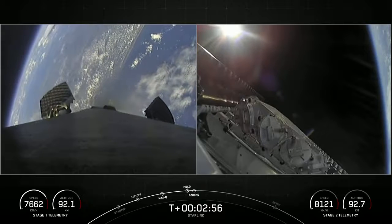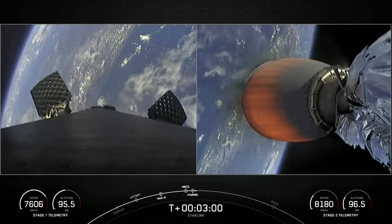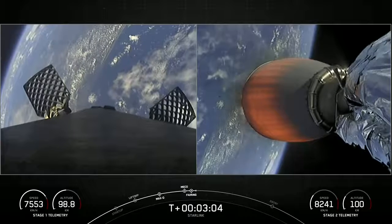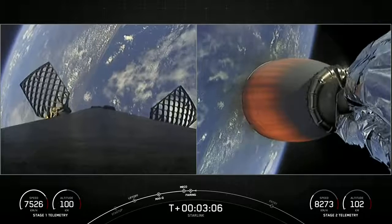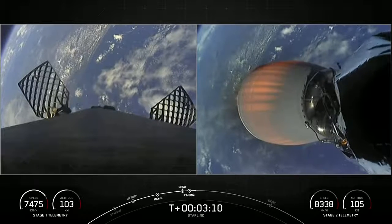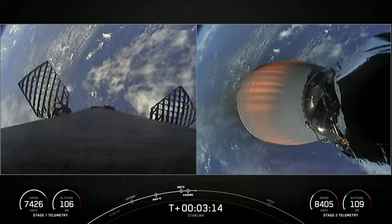And as you just saw on your screen, we just had main engine cutoff, or MECO, stage separation, SES-1. On your right-hand screen, you can see the MVAC engine igniting, and we did have confirmation of fairing deploy as well. Now, what you're looking at on your screen on the left-hand side is a view from the first stage,